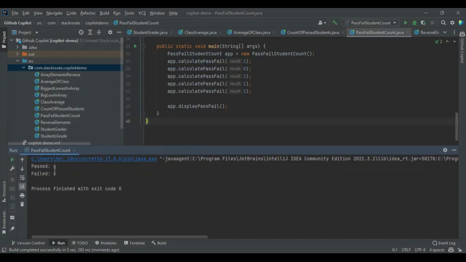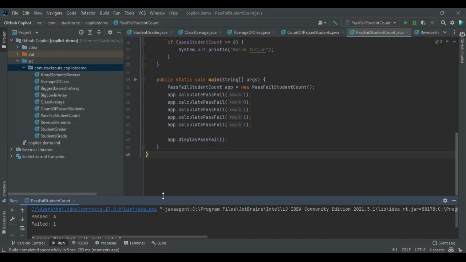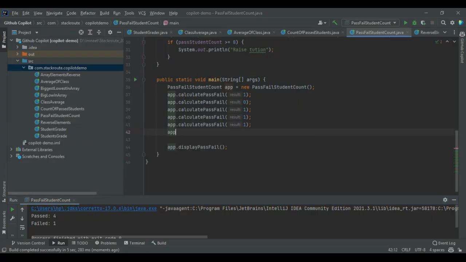So as we can see, the number of passed students is 4 and failed students is 1. Therefore, the raise tuition message has not been printed. You can see 1, 2, 3, 4 students have passed and only 1 student has failed. So if I just add a few more students,